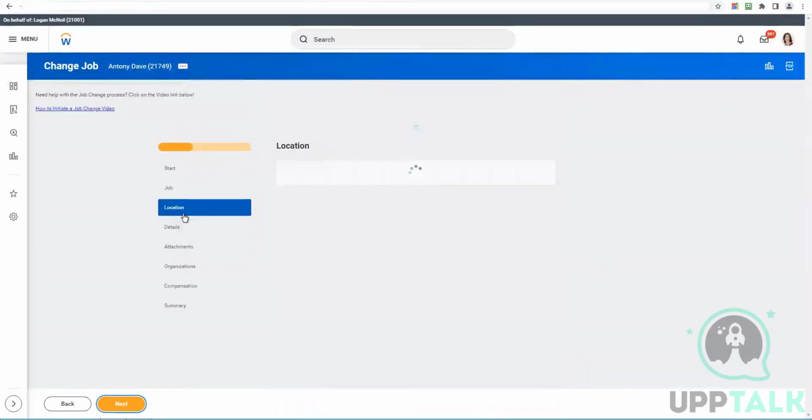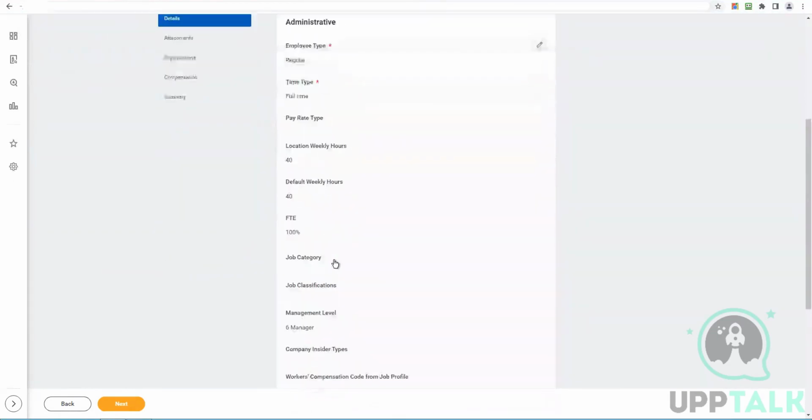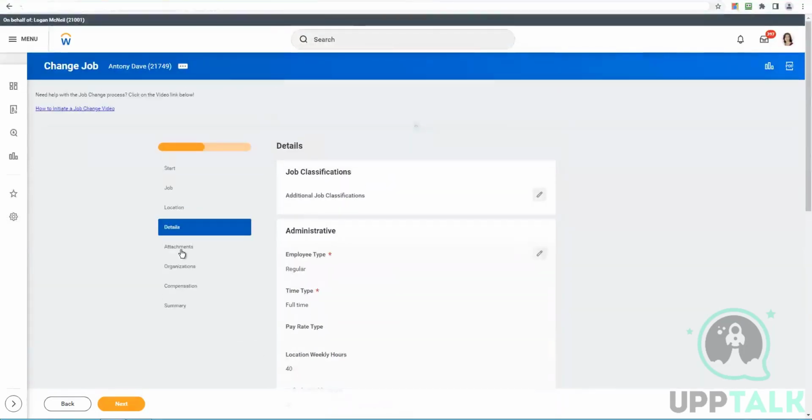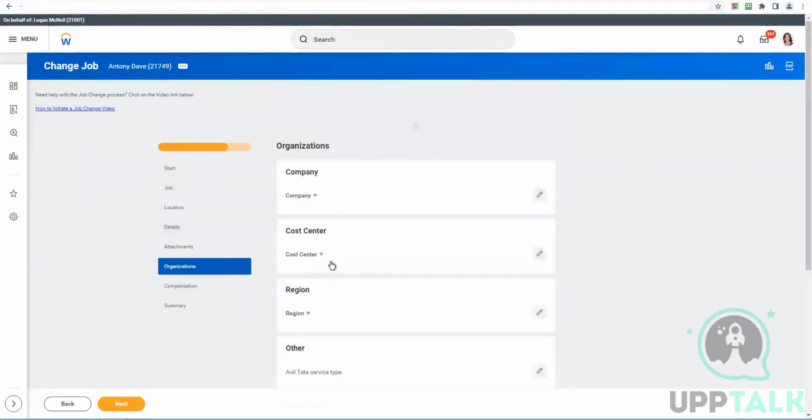Next. Location would remain the same. The details of the worker, full-time, part-time, that's fine. Management layer is 6. And then attachments, none, organization changes, company cost center, let's say it remains the same,